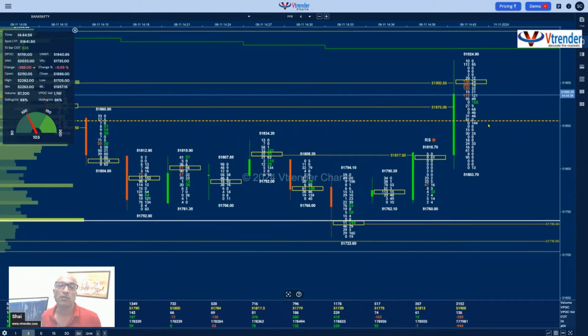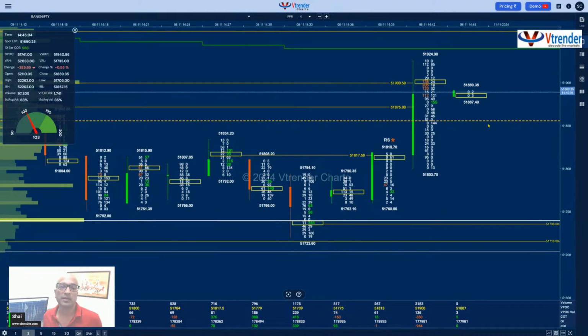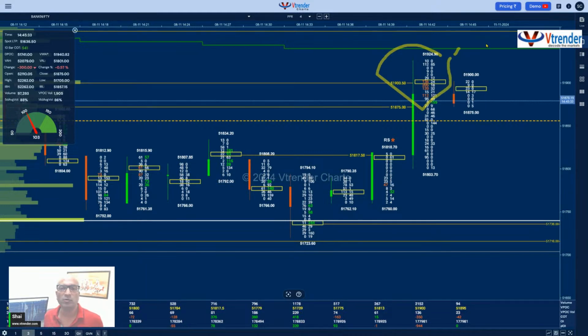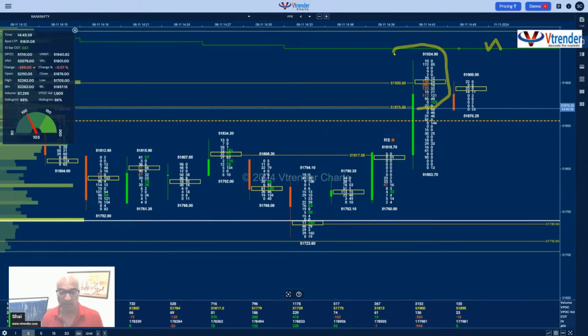At what stage more demand is coming into the market, and at what stage more supply is coming into the market. So the best way to tackle this is not to look at every single number on screen, but to focus on where the big money is trading, and they will tell you what can happen next in the market. So this is where it is right now, as the market is moving back to VWAP. This is the Bank Nifty I'm still with. You can say that at the touch of VWAP, the green line over here is my VWAP, and looking at this touch test of VWAP at 51,924,